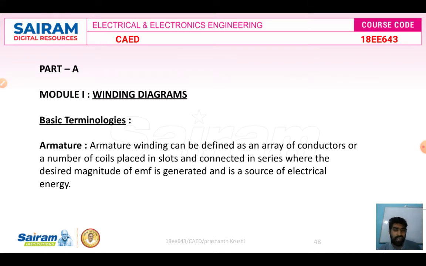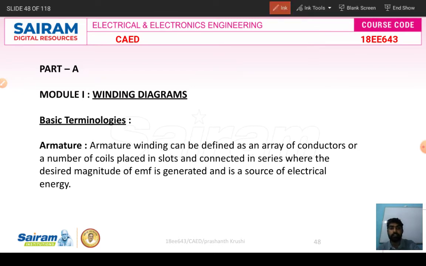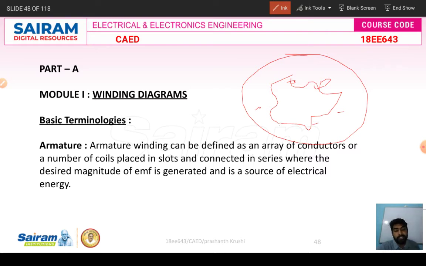So, basic terminologies: armature. What is the armature? It is placed in the armature slots, and when the conductor cuts the magnetic field, EMF is induced. Which one is the armature over here? This is the stator, and this one is the rotor. We place the conductors in between the slots. So when the armature conductor cuts the magnetic field, EMF is induced. What is the choice of material for armature winding? That is copper, and the commutator is also copper. In the armature winding, work has to be done, right? So that is the armature winding.